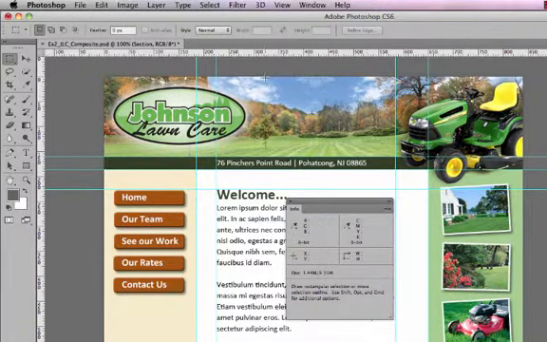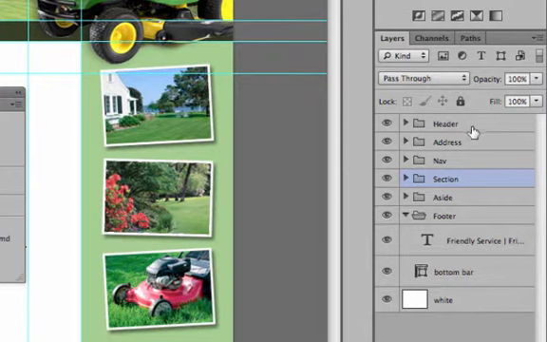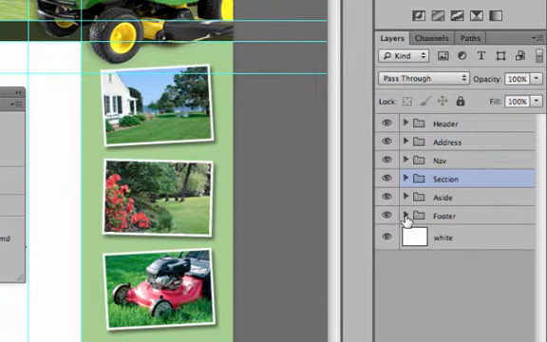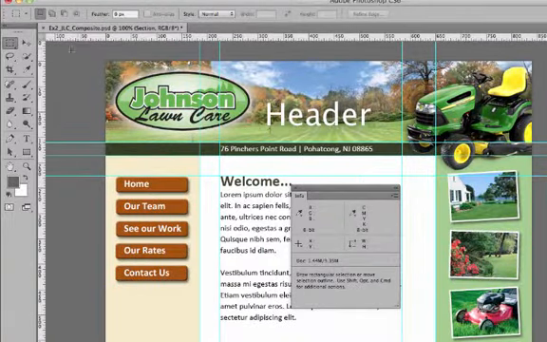But I'm going to go over some of that stuff right now as I demonstrate what the parts of the page are. Now this is fairly simple. The top of this page is a header. I have my layers in Photoshop organized the same way: header, address, nav, section, aside, and footer. These are HTML names in HTML5, most of them, which actually indicate parts of the HTML page, basically the structure of it. So the first part is a header, and I'm going to use my marquee tool